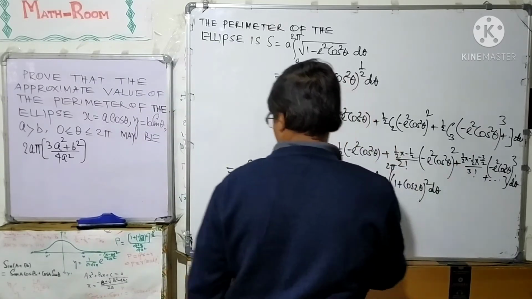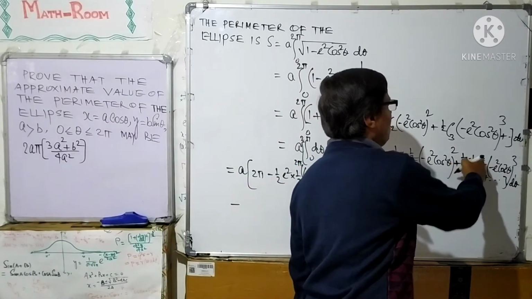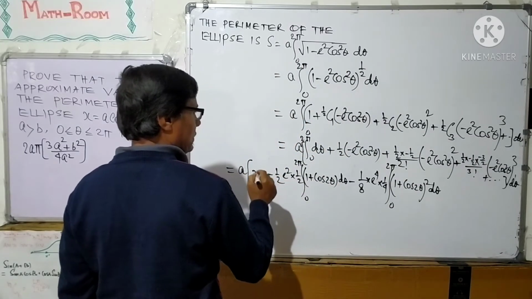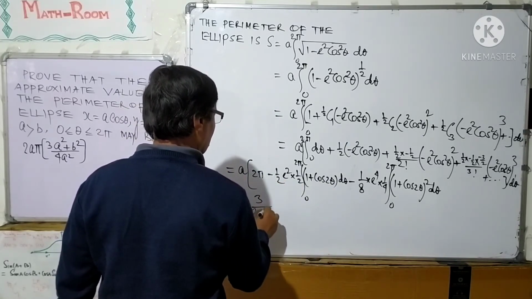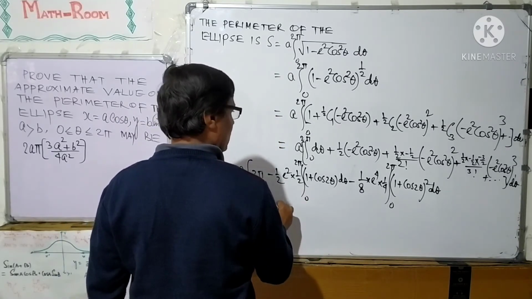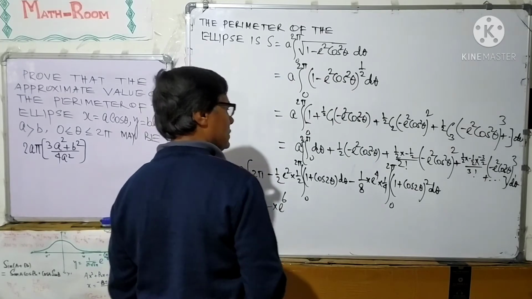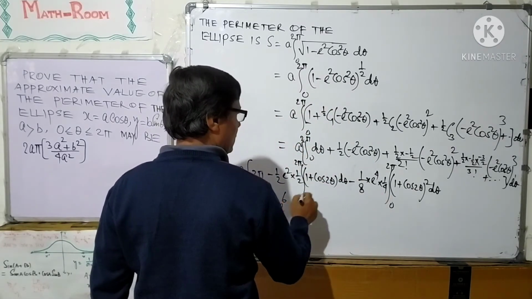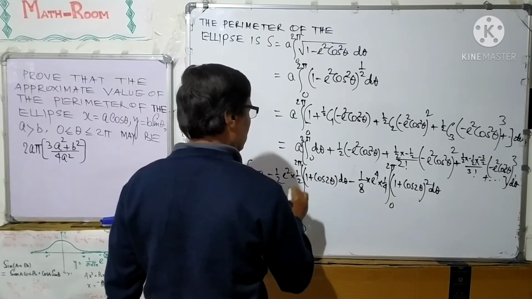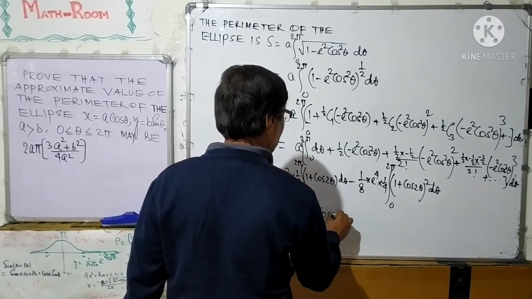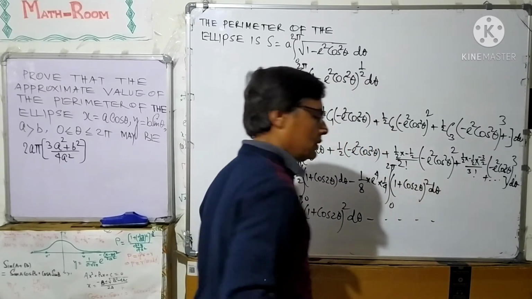and also here minus half into 3 over 2 over factorial 3, that is 3 over 8 into 6 into e to the power 6 cos square theta, here also written as half into 2 cos square theta, which is half into 1 plus cos 2 theta, that is half, also 1 over 8 integration 0 to 2 pi 1 plus cos 2 theta whole square d theta, and so on, and this is an infinite series.